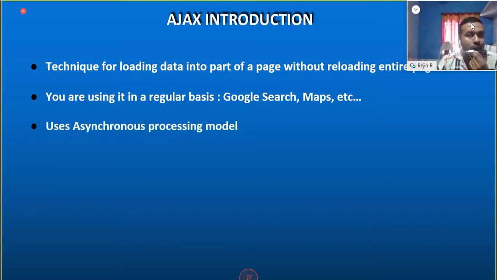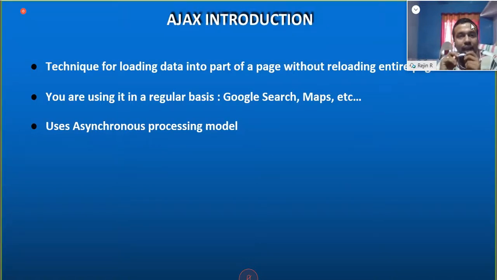And it uses an asynchronous processing model. As we discussed, in normal web interaction what happens is a synchronous kind of interaction, and Ajax changed that to an asynchronous kind of interaction. Okay, I forgot one thing: the full form of Ajax.